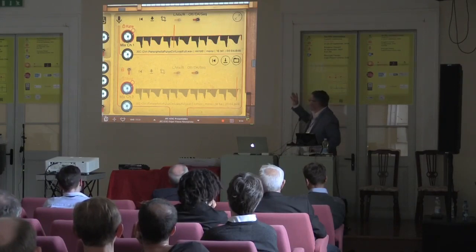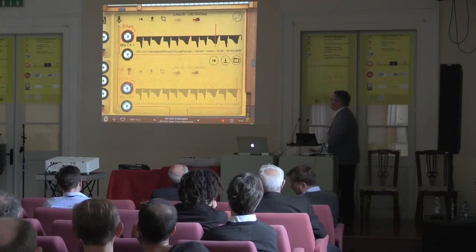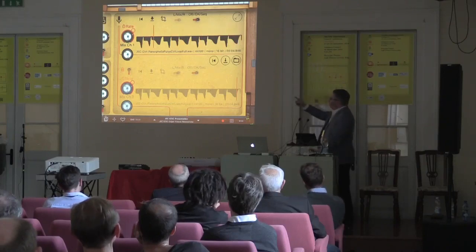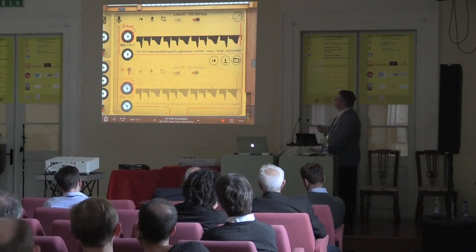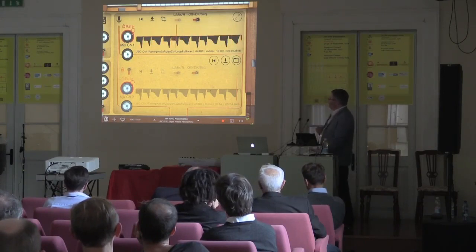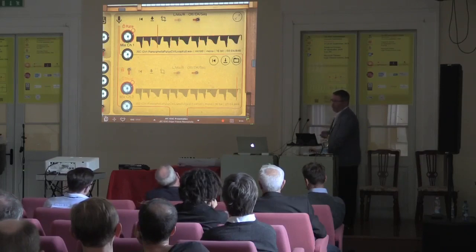We can see here, it's very obvious, I think, that as the loop repeats, it recreates the structure of the original